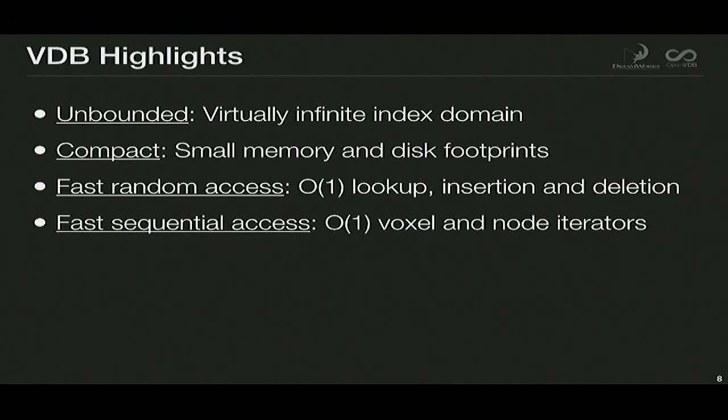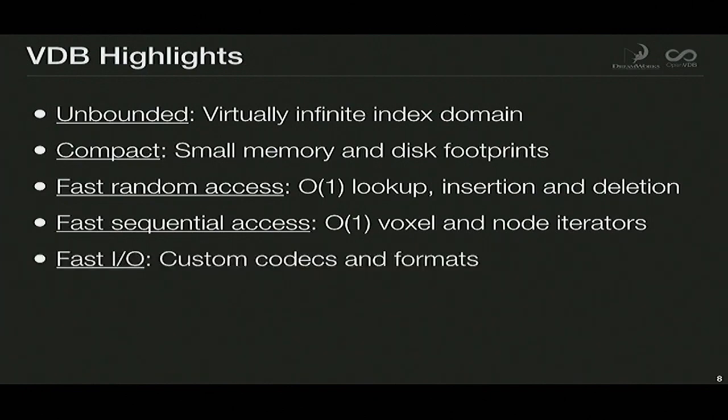And sequential access is usually faster than random access, but you have to be careful because it's difficult to have both optimal random and sequential access, and VDB actually achieves that. I'll explain how. What's the difference between a voxel and a node